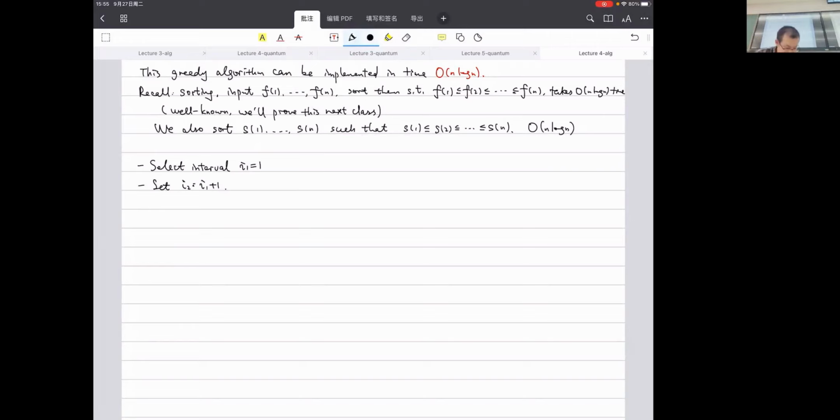Actually here we set I2 equals to I1 plus 1. So we increase I2 until we reach an I2 such that Si2 is larger than or equal to Fi1, and output this. So what is something that can be directly implied by this? We increase I2 until Si2 is larger than or equal to Fi1. So basically this is suggesting that for I in the middle,